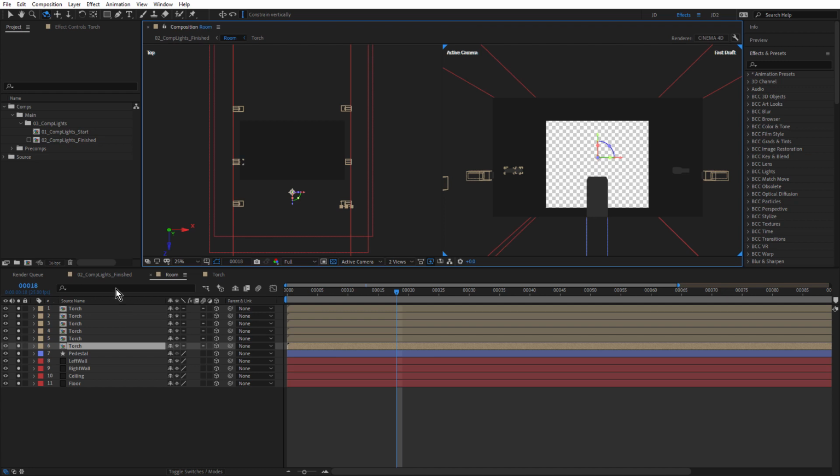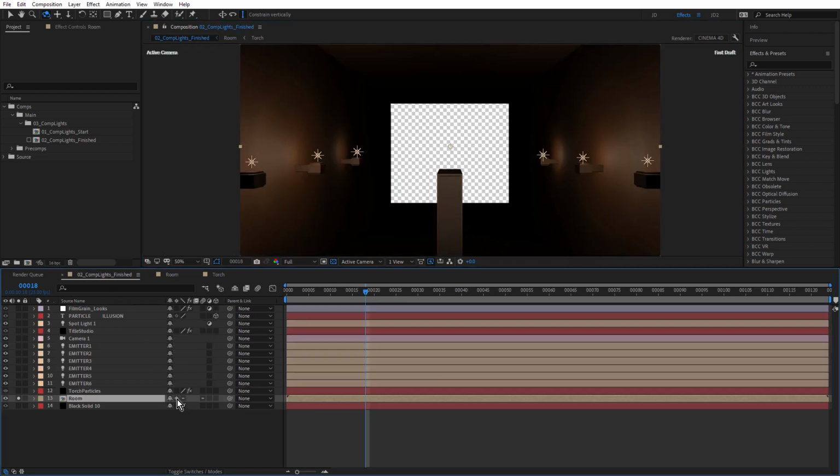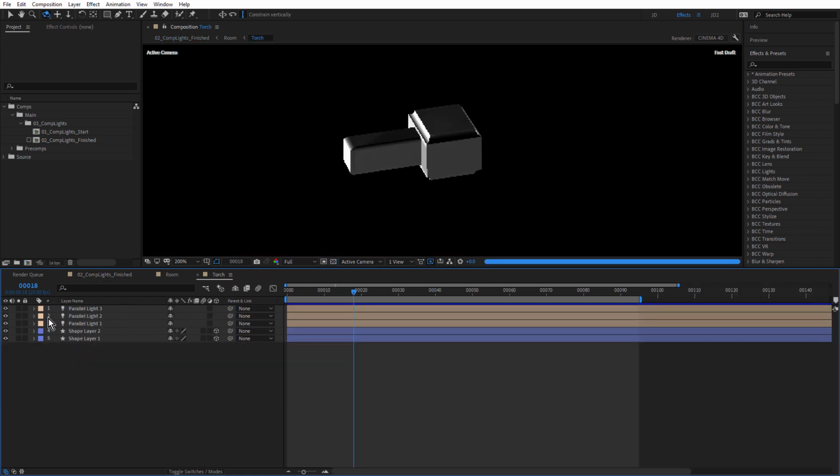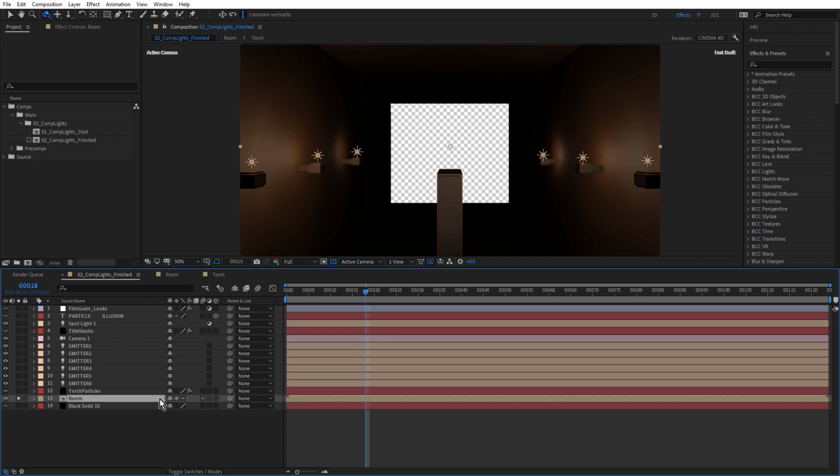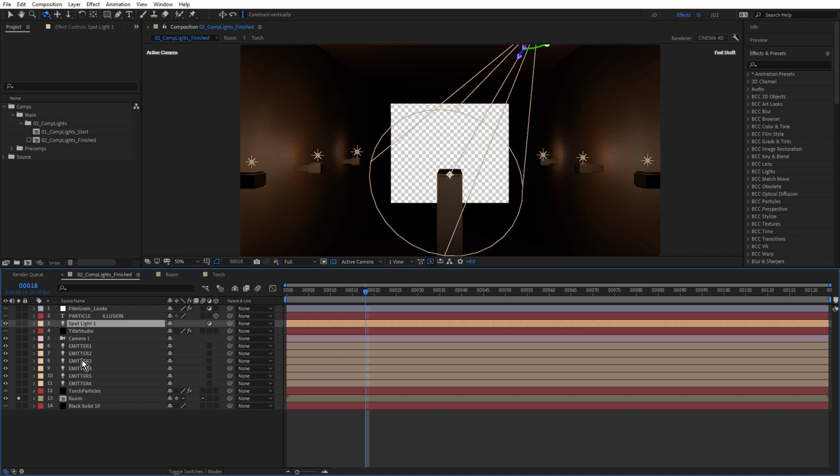And if we go back to the main comp now, you can see collapse transformations also turned on for the room comp. And what that means is that anything that's inside this composition will be affected by the camera and lights in this main composition. Remember back in Torch, I had these lights on here, and I can either have them on or off. In the main comp, it makes no difference because once this main comp is collapsed, then it uses the lights in this composition. So spotlight and all of these emitter lights and also the camera as well. So just to recap, construct your After Effects 3D objects in their own comps and then bring them all into a main comp and then collapse transformations and then add your lights and cameras.